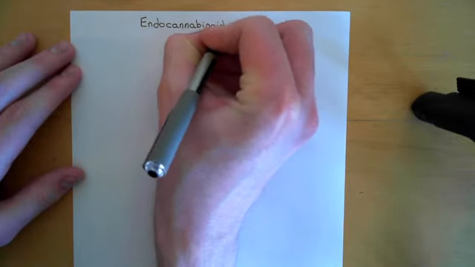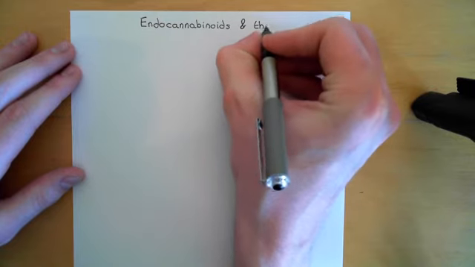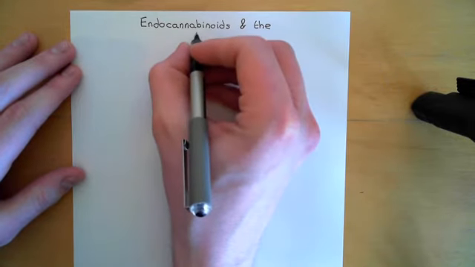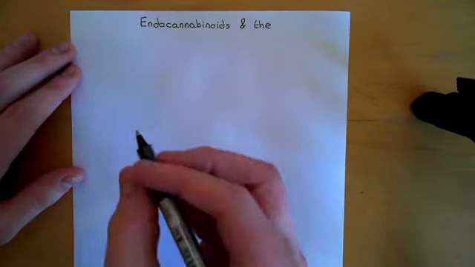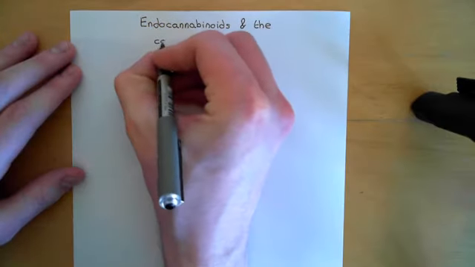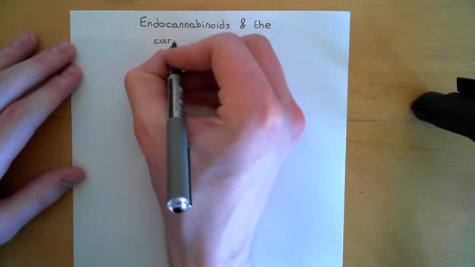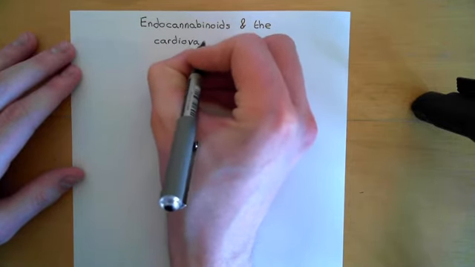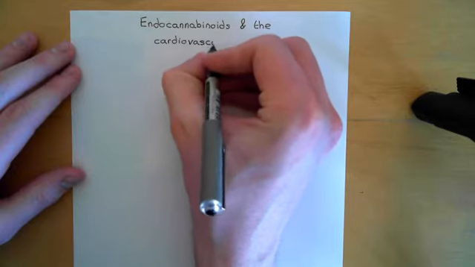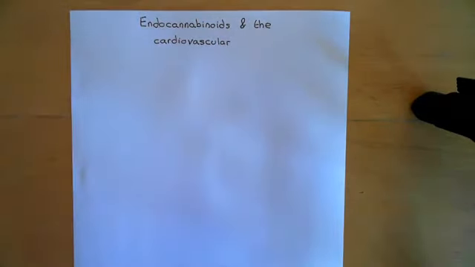So the structure for this video then, what we're going to start off with is a discussion of the endocannabinoid system. Okay, so we're going to look at the main two examples of endocannabinoids, which are anandamide and 2-AG. Then we'll discuss how they're synthesized, how they signal, so the receptors for cannabinoids, and we'll discuss how they're broken down. That's the endocannabinoid system, so basically it's the way that they signal.